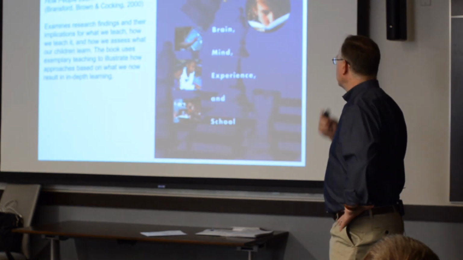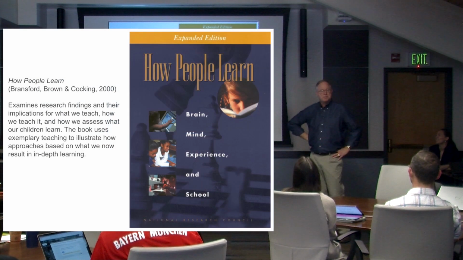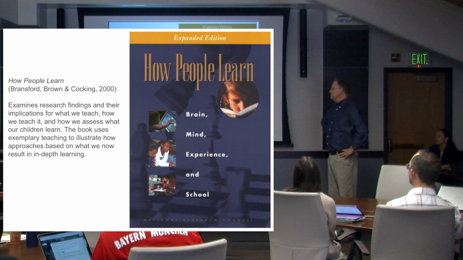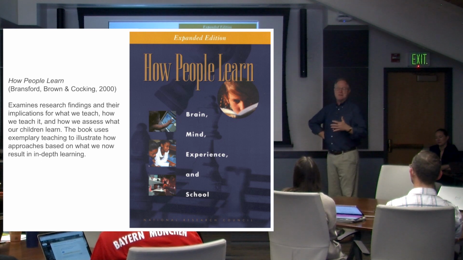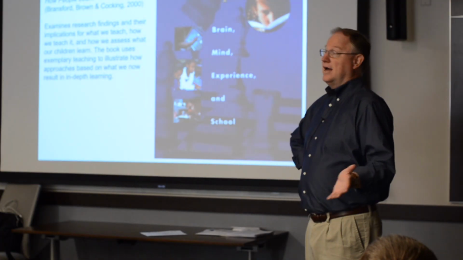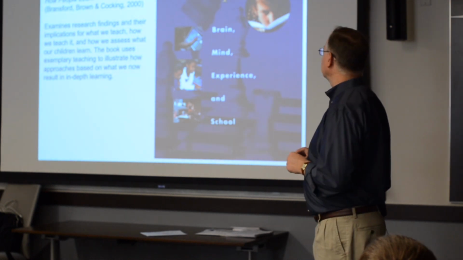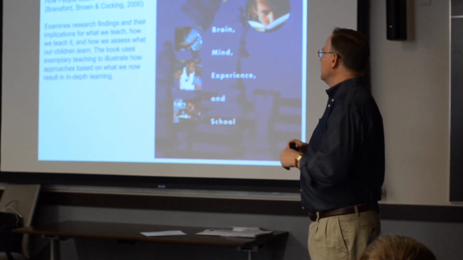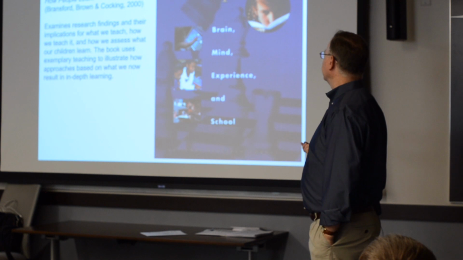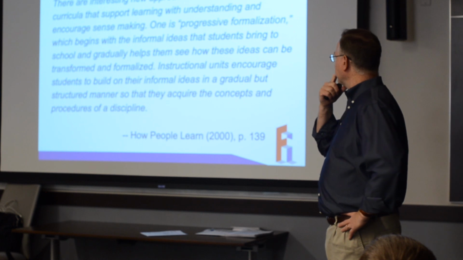Okay, so, oh my gosh, this is almost 20 years ago. When this book, How People Learn, was published, there was a side mention of interesting findings. This was a summary of research in the learning sciences at that time. In a new iteration of this book, they've added a lot more sociocultural learning theories as well. But this put a lot of effort into summarizing cognitive theories and findings.